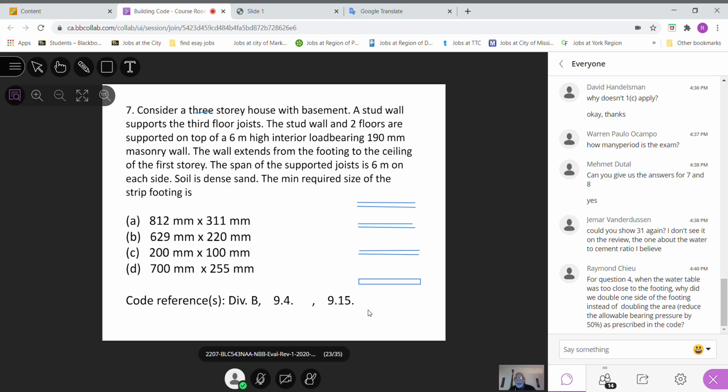Stud wall, 1, 2 floors. Third floor. And it says on top of a 6-meter high interior load bearing 190 wall, the wall extends from the footing to the ceiling of the first story. That wall goes from the basement